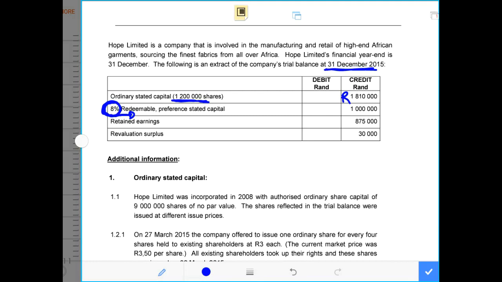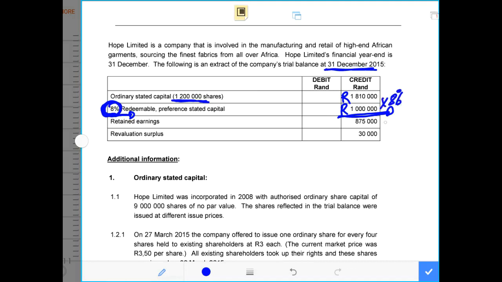That means out of the amount the preference shareholders have invested, they will get 8% from that. If it was money invested in a bank, this would be called interest on the investment. However, because the preference shareholders bought shares, this 8% will be dividends. So now the capital that was invested in terms of preference capital was 1 million, meaning at the end of each and every year, the preference shareholders will be entitled to 8% of the million rand of the capital that they have invested.